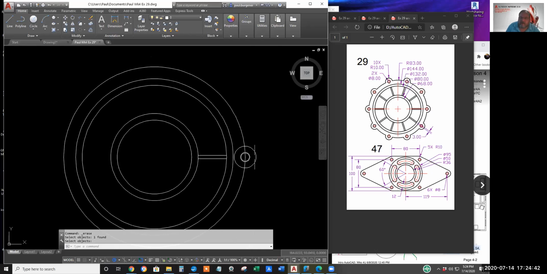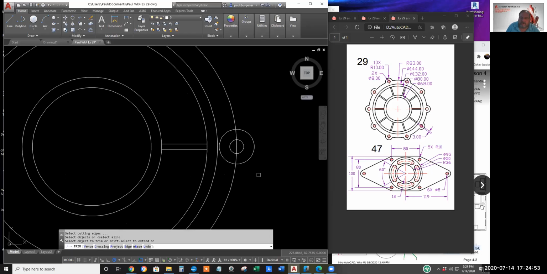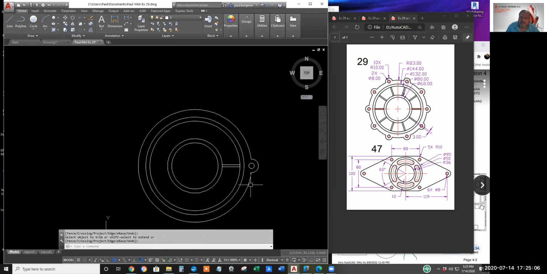And let's trim away a frog eye. The trim icon. Enter, so everything's a cutting edge. Now, I don't think this will help us any. No, let's leave it. I think we can eventually trim it down to a short arc.